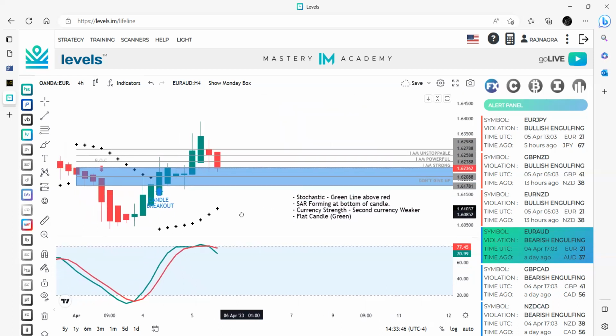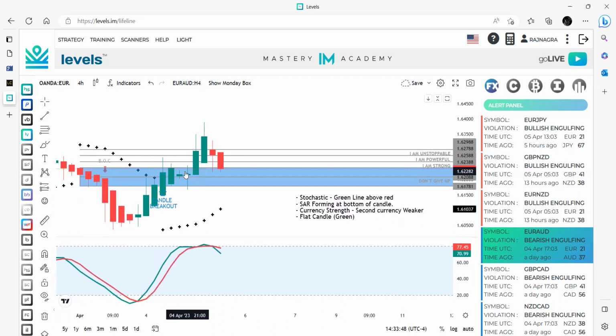So step number 1, let's take a look at this trade from around, let's just say this zone here, because this was the real entry point, which was yesterday at around 9 p.m. or almost 1 a.m. this morning. So if we just take a look at this trade,